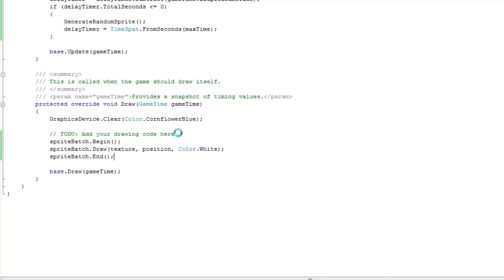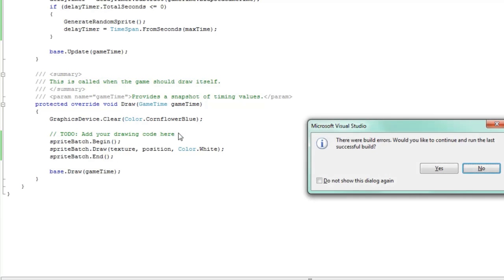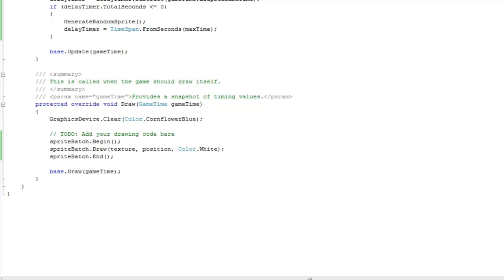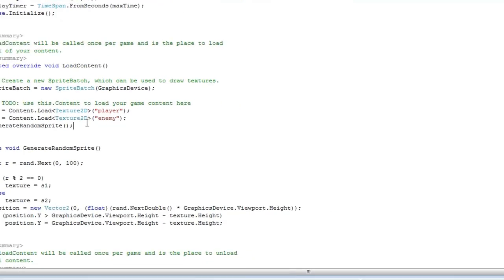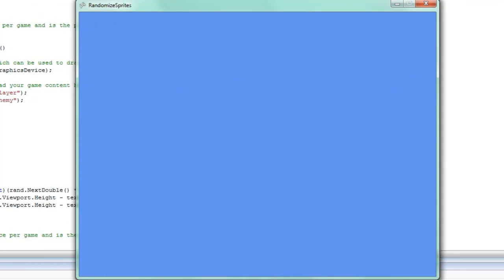Now if we press F5 and run it, hopefully everything should be fine, except we're missing a semicolon somewhere right there. So now if we press F5 and run it, enemy, enemy, enemy,